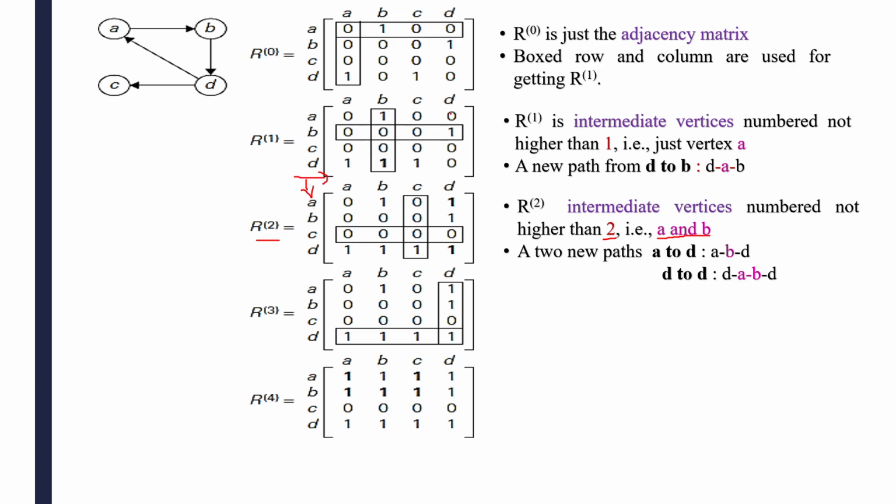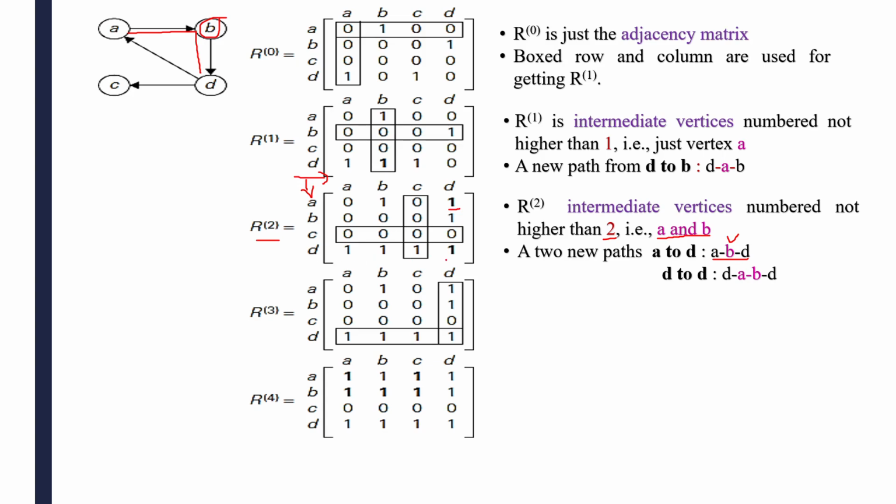Okay. So now see here, for example, we can take A and B as intermediate vertices. Earlier, A to D is 0. Now in this iteration, I can change that value. If I want to get A to D, a direct path is not there. See, is a direct path there? No. But with the help of B as an intermediate node, I can reach from A to B and B to D, as the path exists. See here, A to B and B to D. You are using B as an intermediate node and I am getting a path now. That's why it is changed to 1 here.